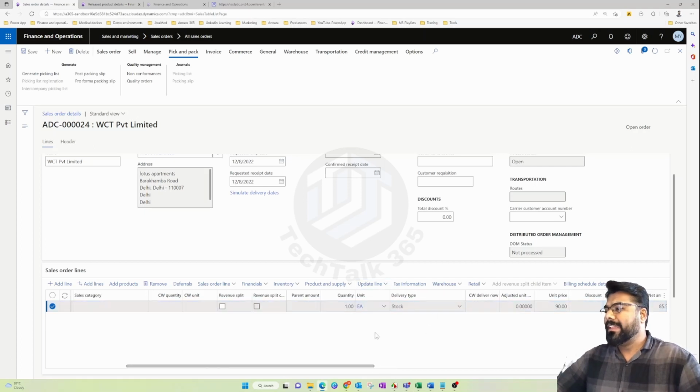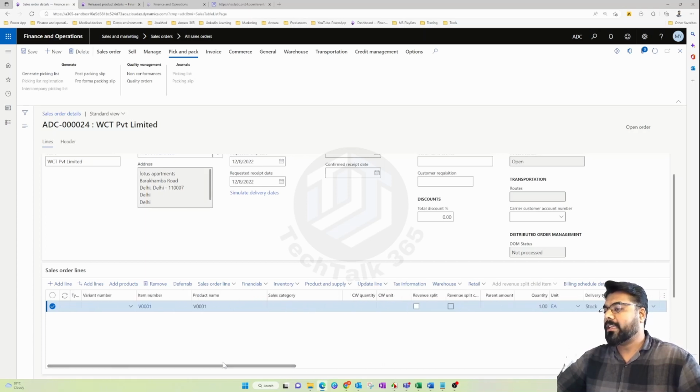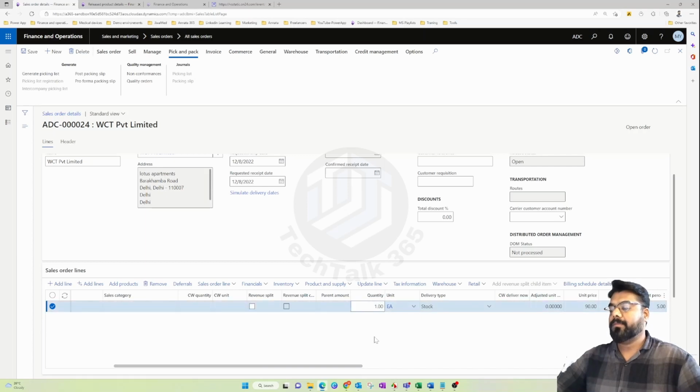So you can even delink the agreement from here, or for example, let's say that the quantity is 1 in this case, but let's say that the agreement is only valid for 90 more, right? Because we can release 90 more, and beyond that the prices are not applicable.